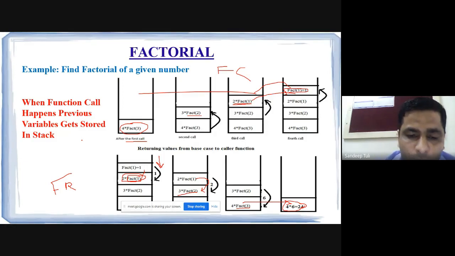Is this point clear? You can take an example of factorial or anything else, and show how this is being done.